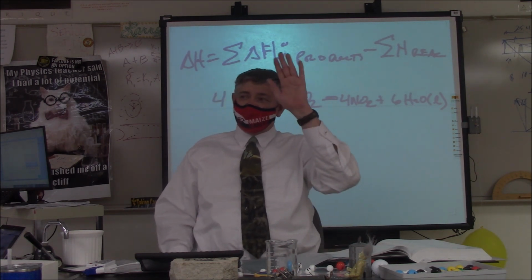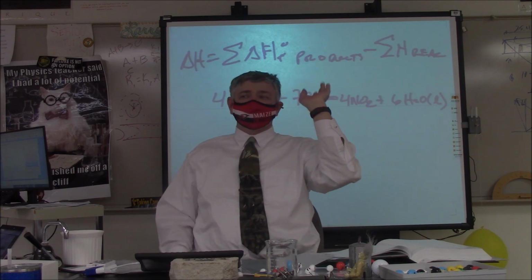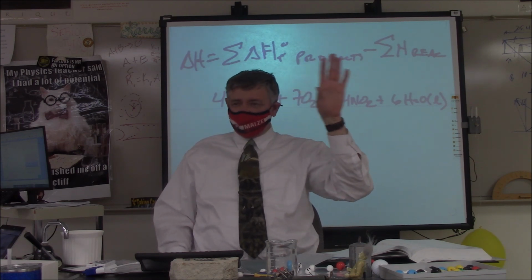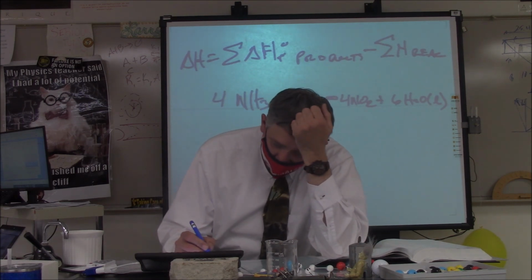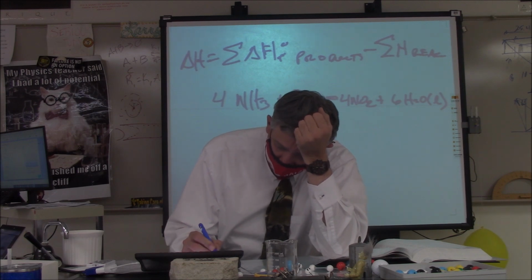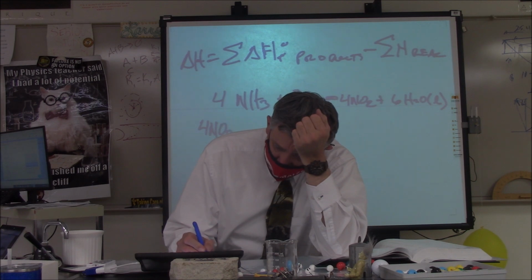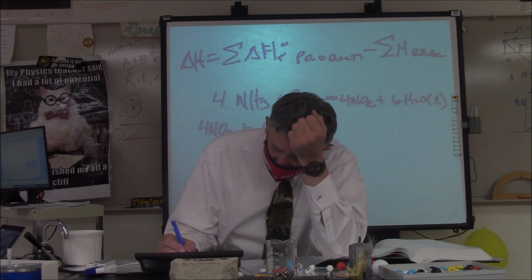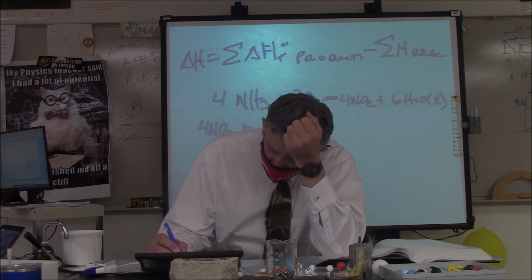So instead of writing out the equations and all of this good stuff, you can take the sum of your products. So you have 4 NO2s plus 6 H2O waters as a liquid minus your 4 NH3s